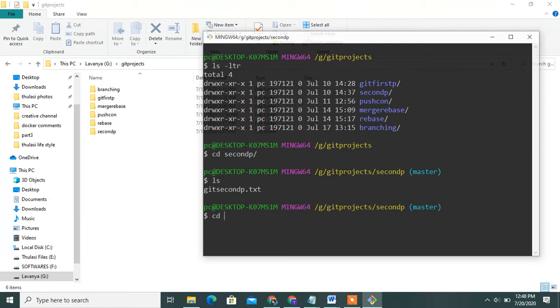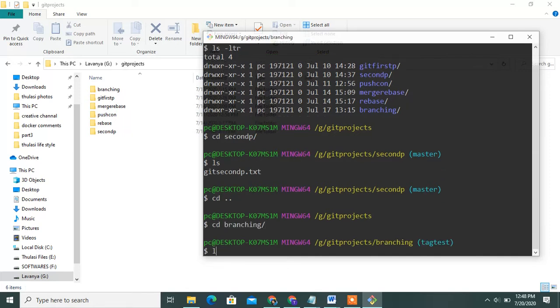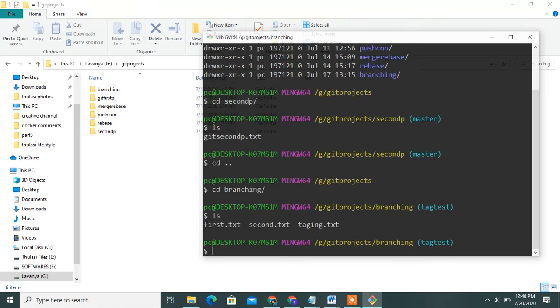Then go one step back. Choose this git branching project. How many files? These are all 3 files.